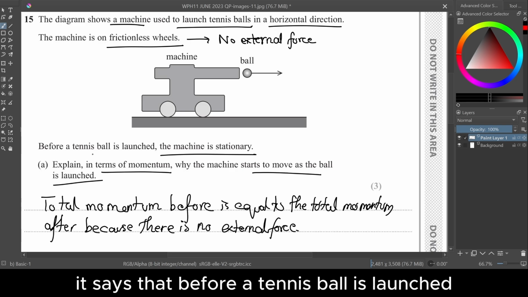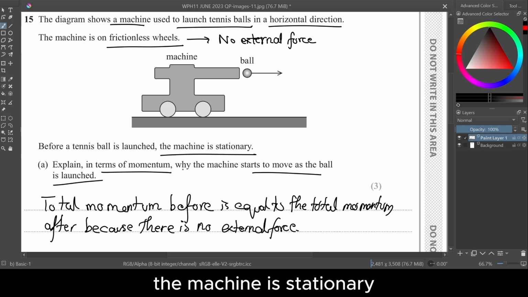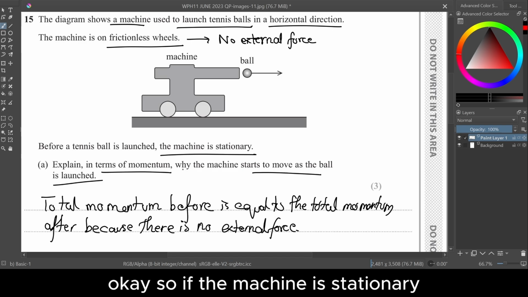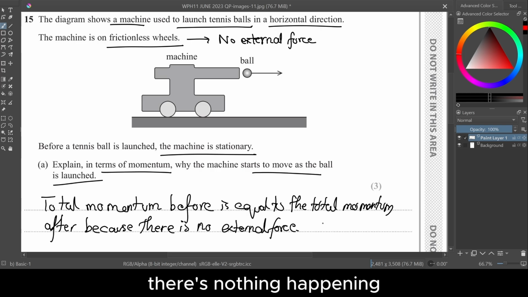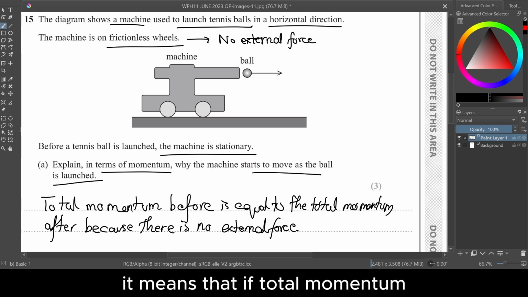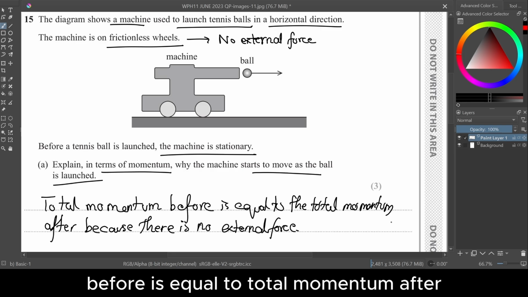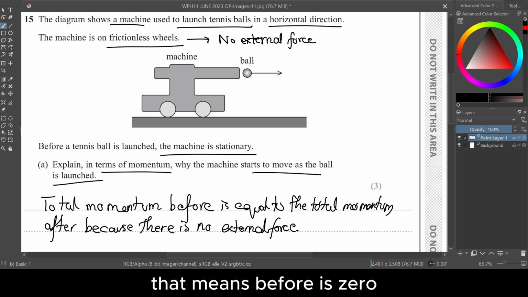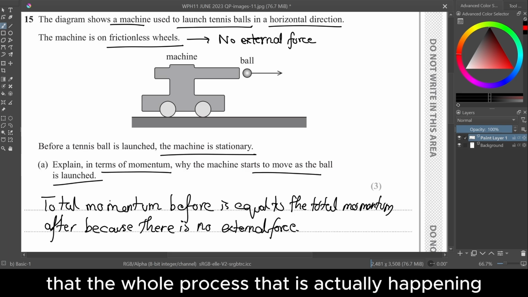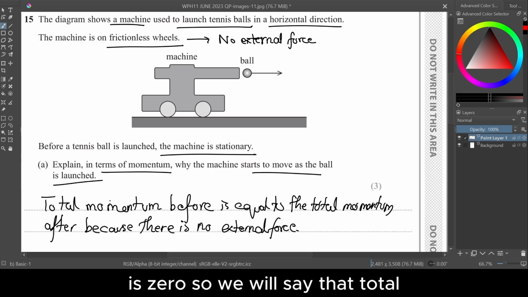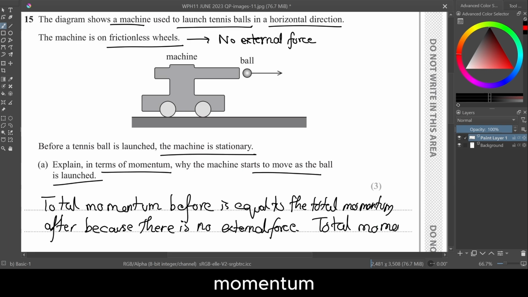It says that before a tennis ball is launched, the machine is stationary. Okay, so if the machine is stationary, then the total momentum before is zero, right? There's nothing happening, so it's zero. So it means that if total momentum before is equal to total momentum after, that means before is zero, then after will be also zero. That means that the whole process that is actually happening is zero. So we will say that total momentum